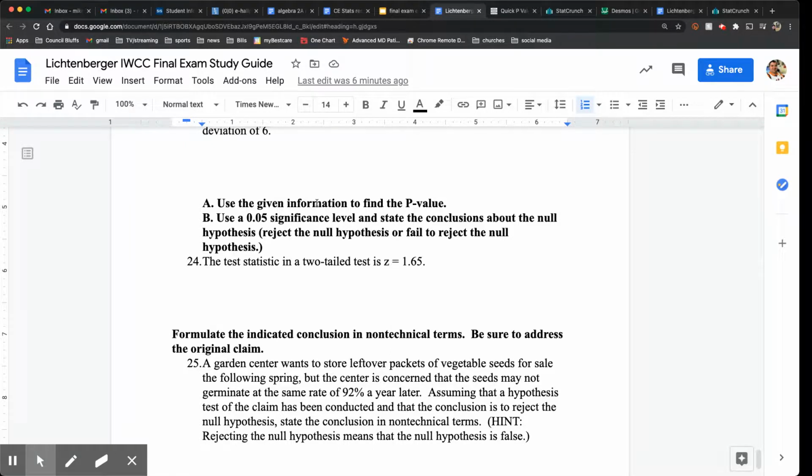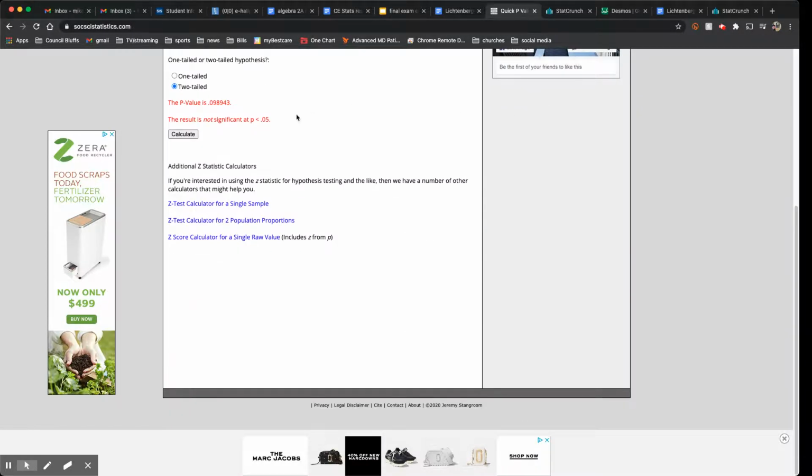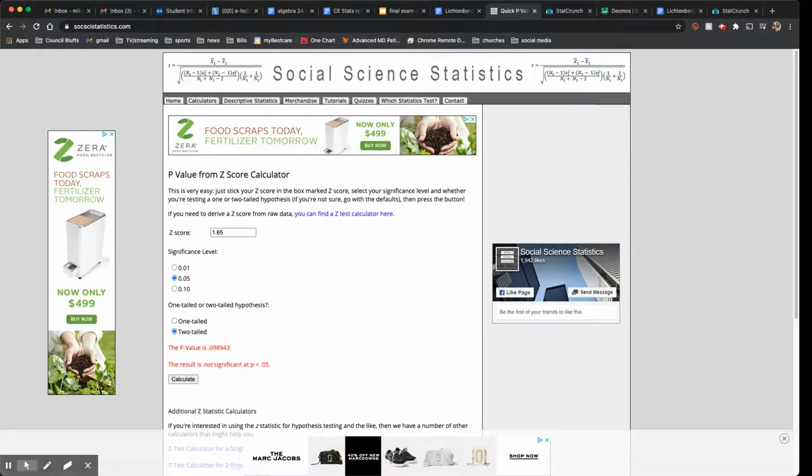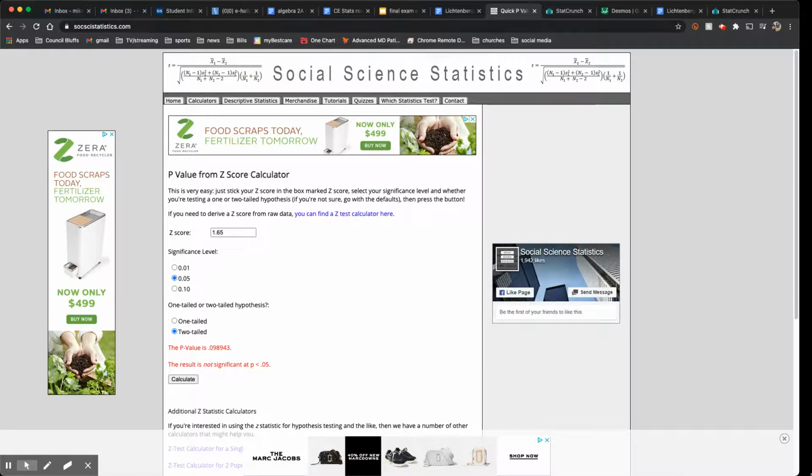B, use a 0.05 significance level and state the conclusions about the null hypothesis. So remember, when we look at the p-value, if it's less than 0.05, then we reject our initial guess. That means our initial guess is false. Whereas if our p-value, which in this case was greater than 0.05, greater than 5%,